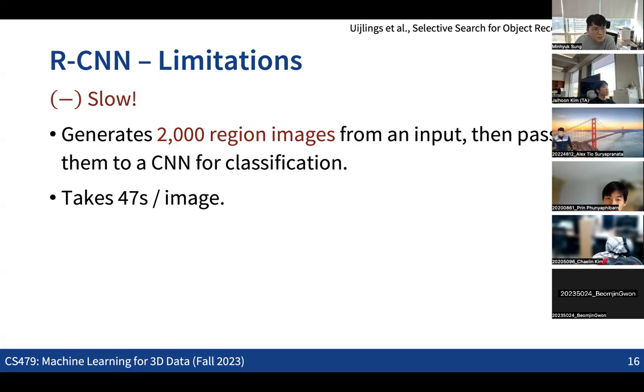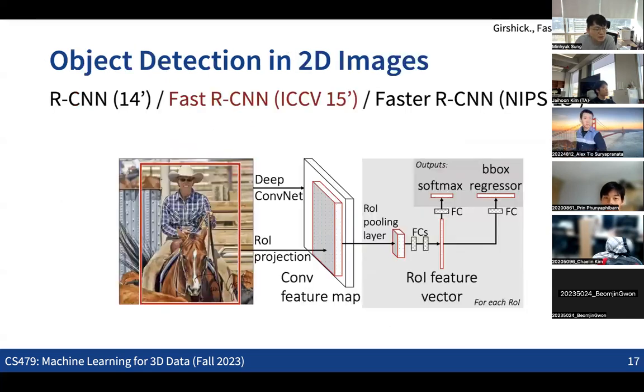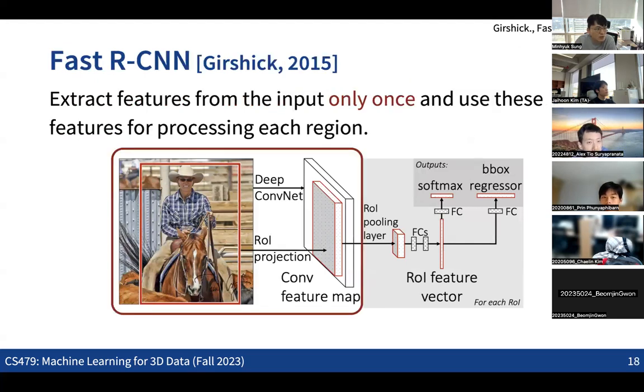So the idea was basically Fast R-CNN, which reduces the computation time in a way that we are not feeding all the 2,000 images into the convolutional neural net. Here the idea is that we only feed the input image into the neural network so that we can first get the feature map for the entire image. Then we take the features for each region, so we are only taking the features of the pixels included in each region, kind of like doing some sort of region pooling.